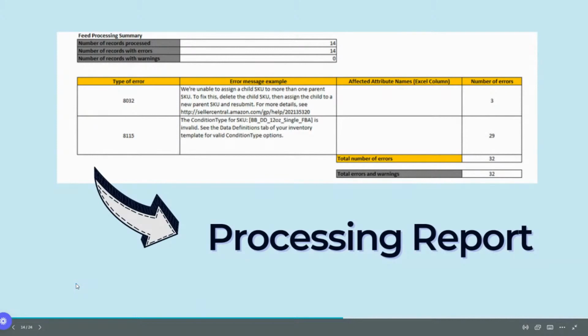So now instead of having instructions, valid values, and images and all that, you will also have one called processing report. And this is one of the most important features that we have. And this is why I think flat files are so useful when we are managing our inventory or our catalog on Amazon, is that basically with this report, you are able to diagnose your own issues or your catalog issues without calling or talking with seller support.